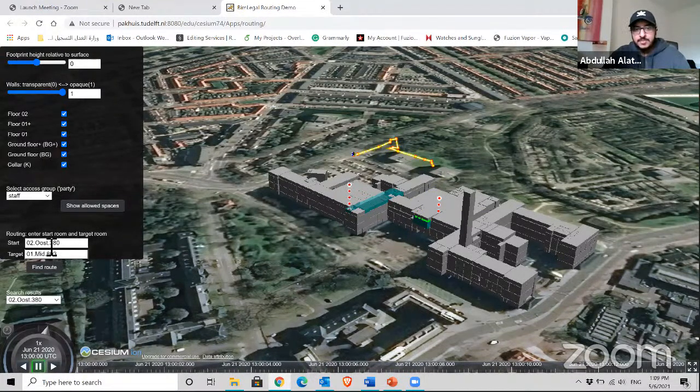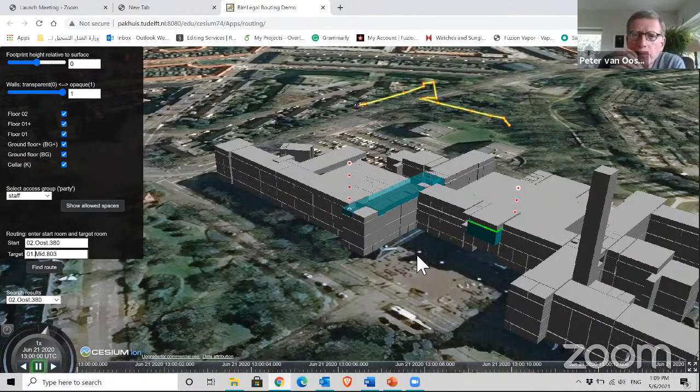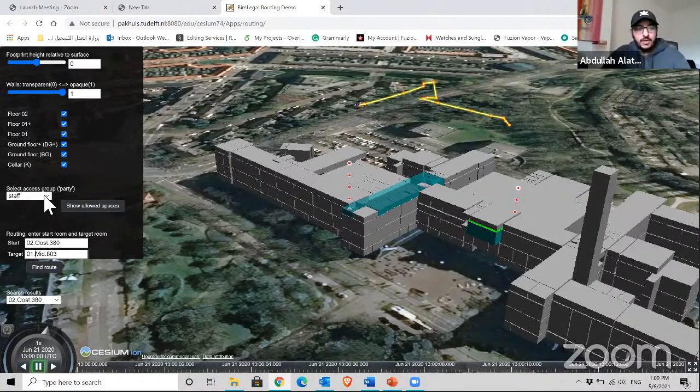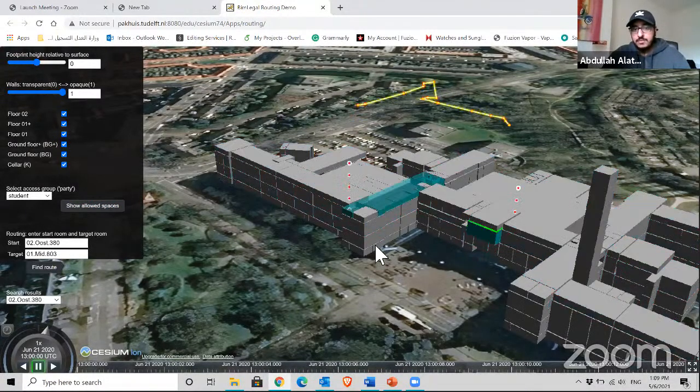These are the spaces that the staff member can access during the navigation from the first space to the second space. And of course, if we change it for a student, for example, right now we will not have. Also, the student has the same access right. That means the space the student has in the database has the same access. But if we change that to another